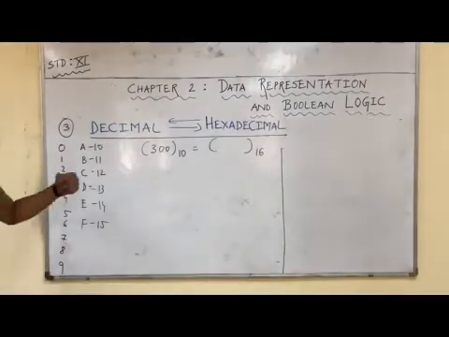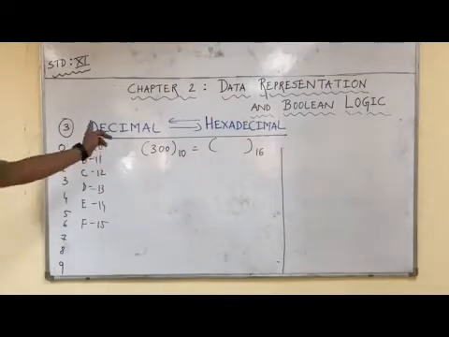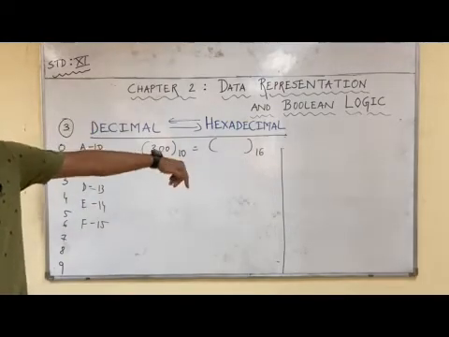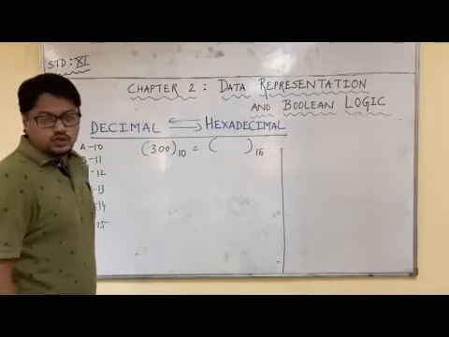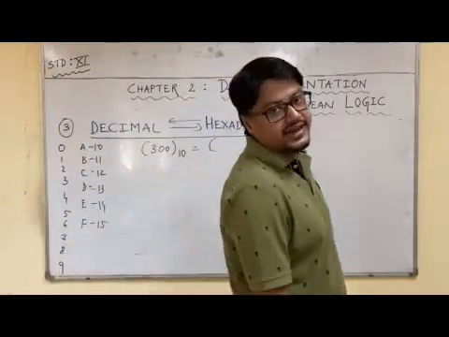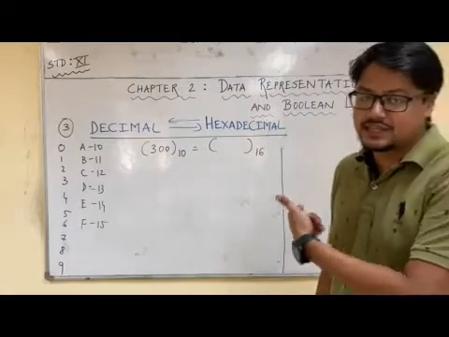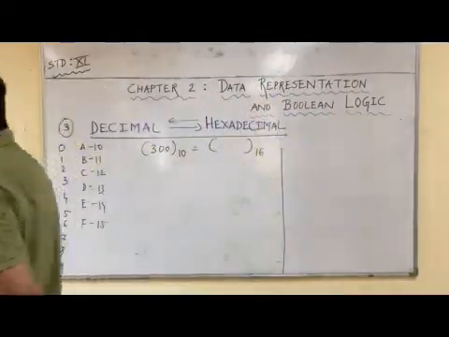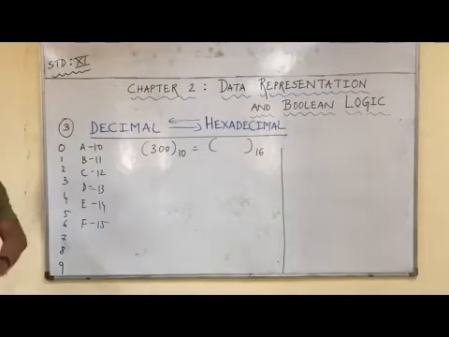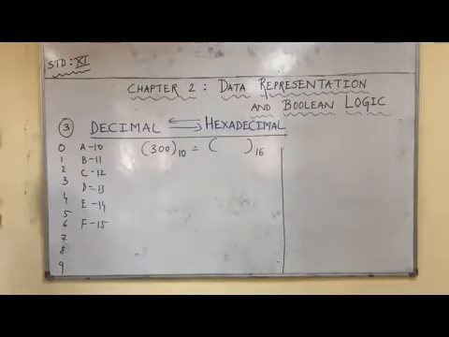Okay now students, let us see the last type of conversion, decimal to hexadecimal and hexadecimal back to decimal. As I said for the previous two cases, converting decimal to hexadecimal, we will be dividing by 16. In case of octal, we divided by 8. In case of binary, we divided by 2. One more thing here: in case the remainder is coming from 0 to 9, it is fine.